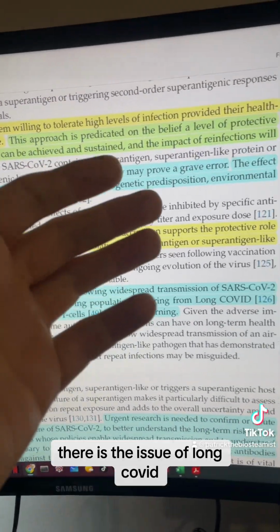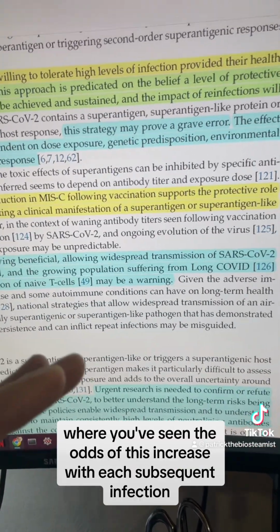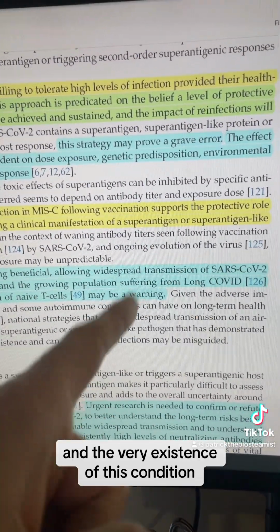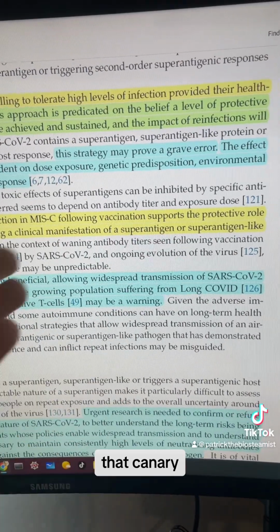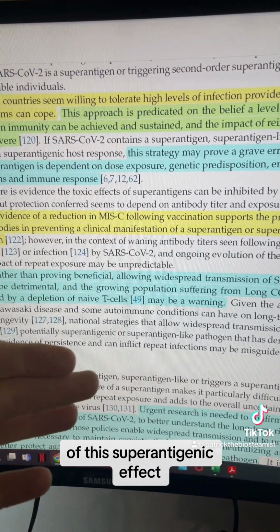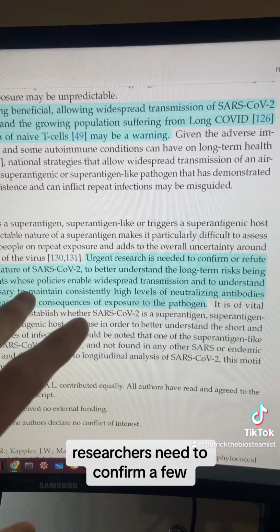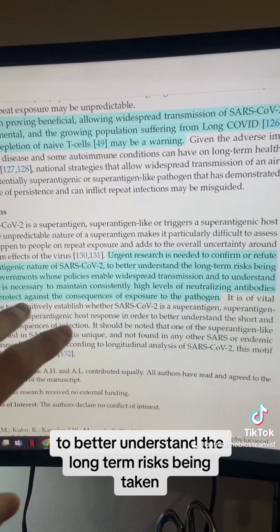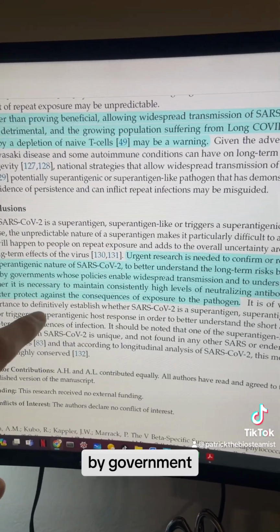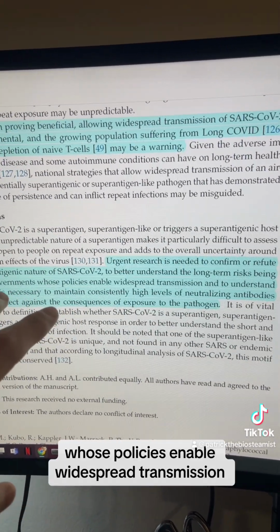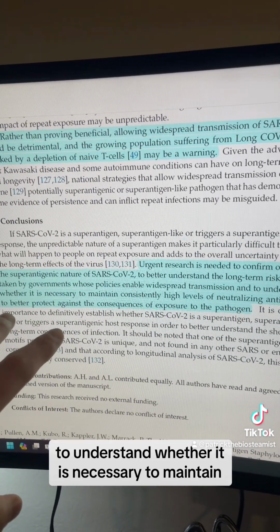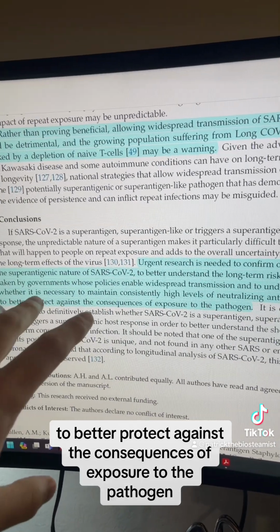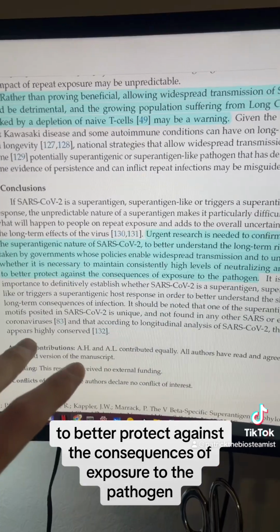Additionally, there's the issue of long COVID, where we've seen the odds of this increase with each subsequent infection, and the very existence of this condition may be a warning, that canary in the coal mine, of this superantigenic effect, where urgent research is needed to confirm or refute the superantigenic nature of COVID to better understand the long-term risks being taken by governments whose policies enable widespread transmission, and to understand whether it is necessary to maintain consistently high levels of neutralizing antibodies to better protect against the consequences of exposure to the pathogen,